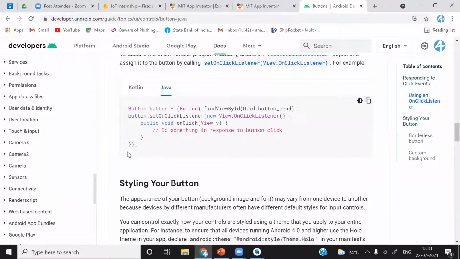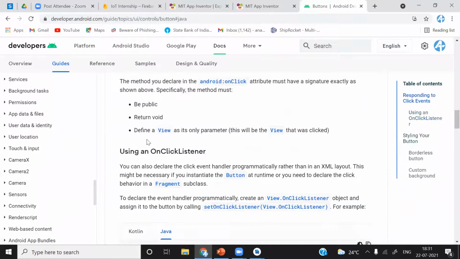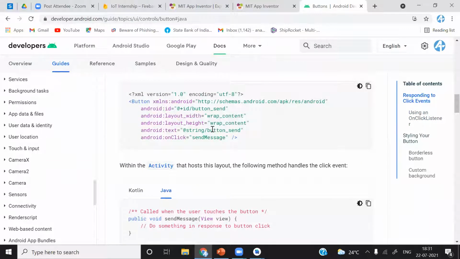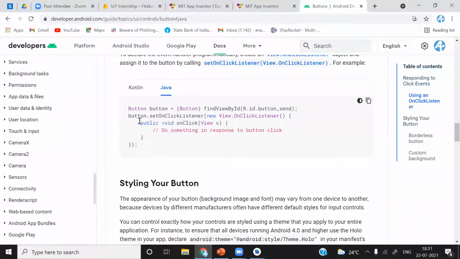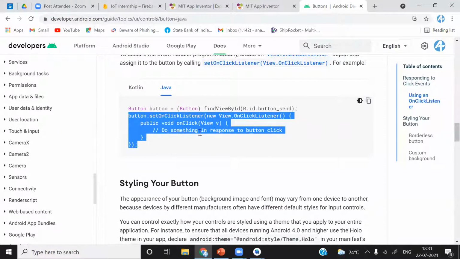All the things I have learned from this documentation, and the course yesterday I have discussed with you. You can learn about each and every component, how to use these components in the back end and in the front end, how you can edit these properties. You can see here the XML file is also given, so you can learn from here. We just have taken this code. You can see everything is the same.